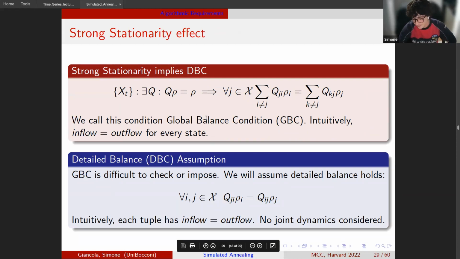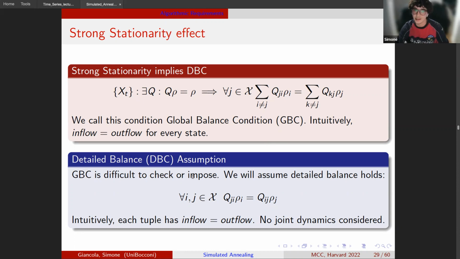In terms of intuitive implications, stationarity also implies that there's an equilibrium condition. So the inflow and the outflow for each node is balanced. However, the sum is not really easy to evaluate because that's a sum for all nodes, all states but one, so it's still big. We will assume that there's a stronger relation, which is node with node. That's the detailed balance condition, which